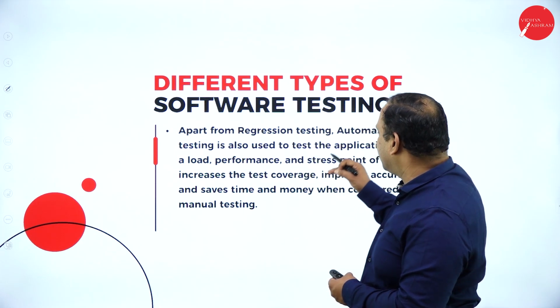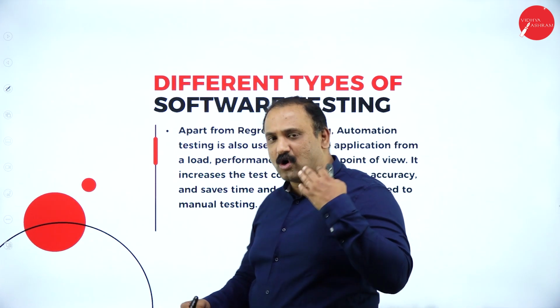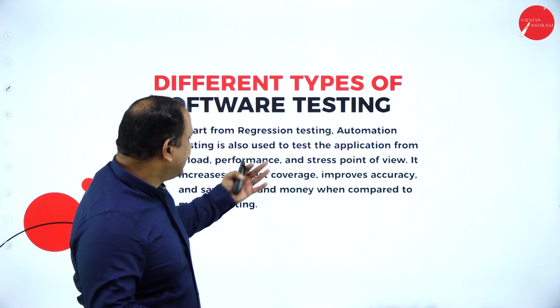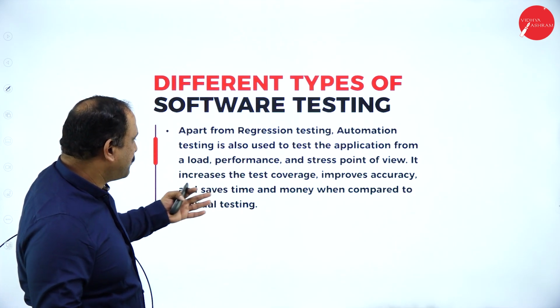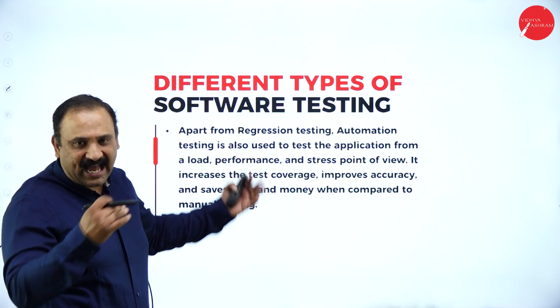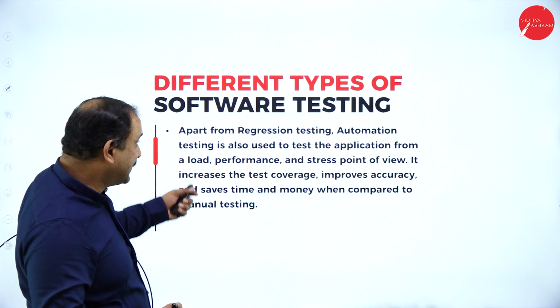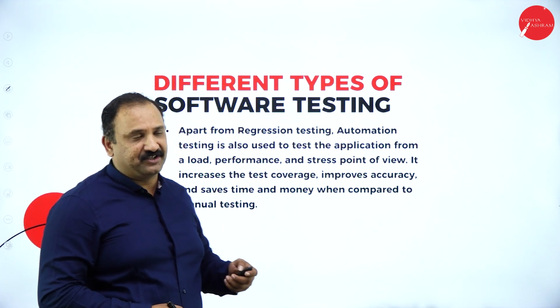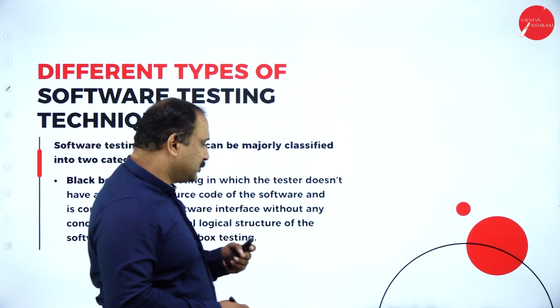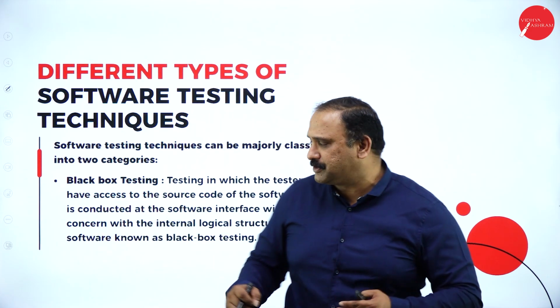Now, when we talk about regression, automation testing is also used at the application level and from a performance and stress point of view. It increases coverage and accuracy, which makes this testing much more interesting. Followed by which we are going to talk about black box testing, which means